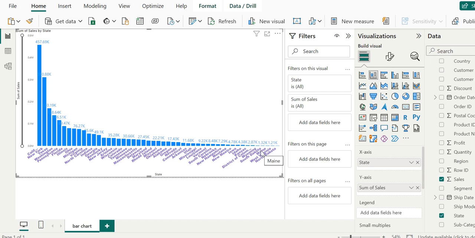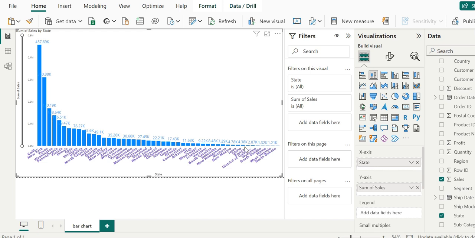For instance, we want to see only any one bar. This is the way to do it. If we hover over the bar and use the tooltip, we can observe the exact number of sales, and it makes it much easier to focus on clusters of states from left to right.